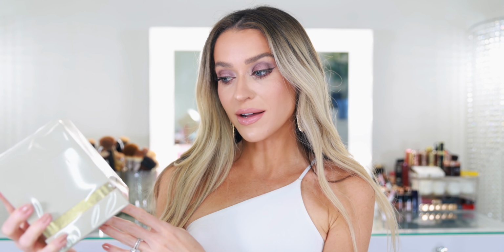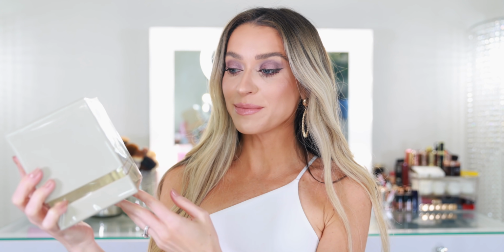Next, I'm going to unbox Cassiopeia. This is from Tiziana Terenzi. I visited the counter at Saks Fifth Avenue the other day, and I must have smelled at least 10 perfumes, and that was actually my second trip. So I smelled a bunch of fragrances, kind of marked down the ones that I really loved. I took a picture with my phone, and then I returned a couple days later, and I thought in my